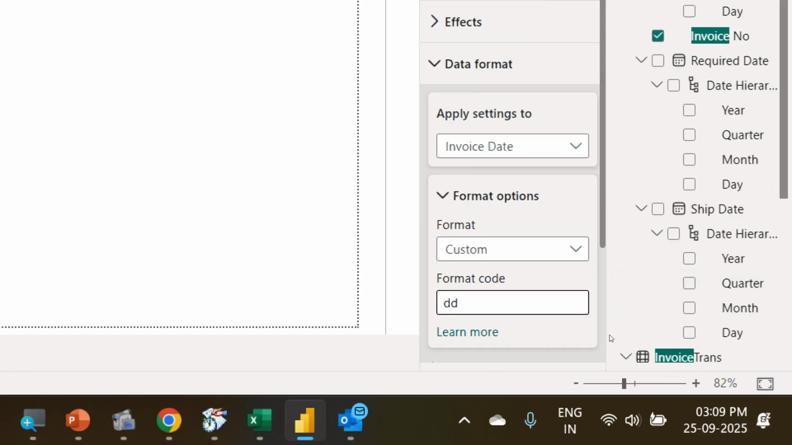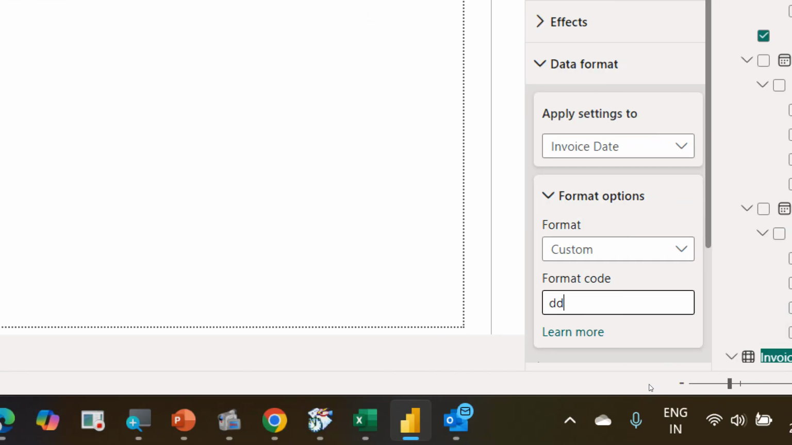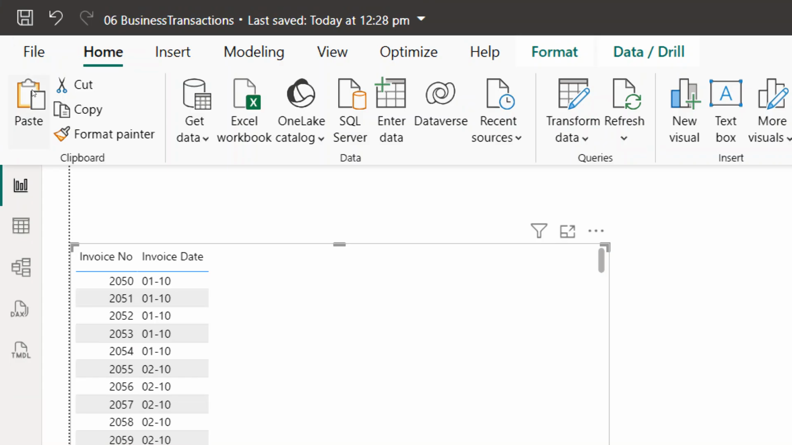M. Unfortunately, if I type small m, it will take minutes. So don't use smaller m, you have to type capital M. Capital M is considered as month. Smaller m will be considered as minutes. So try to use capital M. 1M means January is 1, February is 2, March is 3. 2M, January is 01, February is 02, March is 03. 3M,